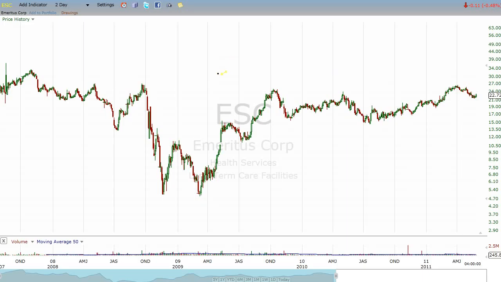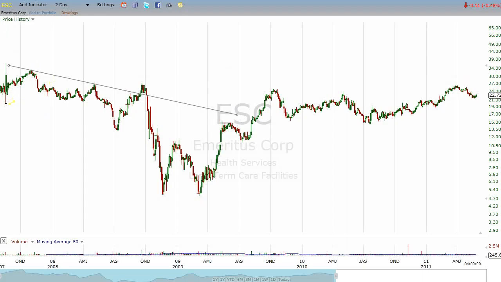Now, what about this candle right here? This is a 2-day chart, by the way. Well, you could draw this and say, well, that kind of lines up there. And I probably would have been drawing that line at some point. But as we get down to the bottom here, well, yeah, that kind of works.